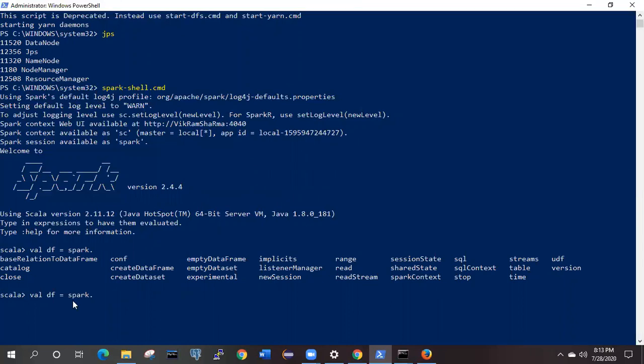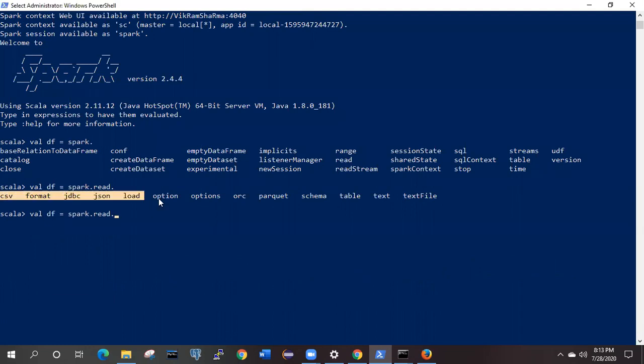If you hit Spark dot, you will come to know this read. So spark.read: what are we going to read and how? Again hit tab, and you will see the different file formats which can be read by this.